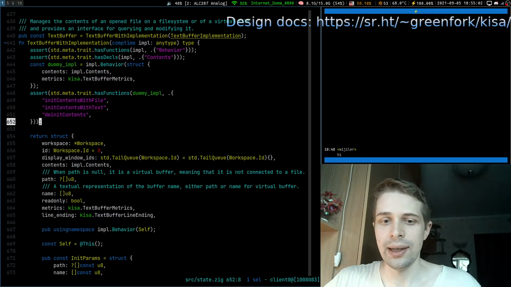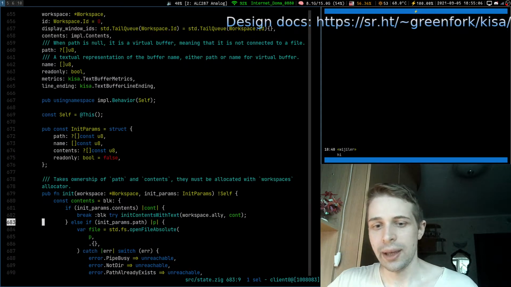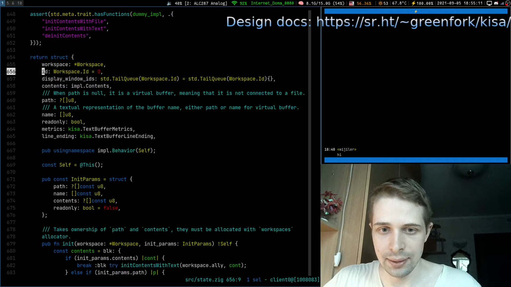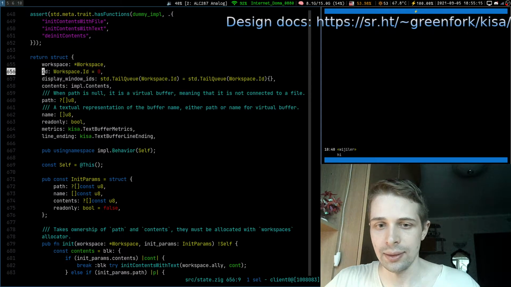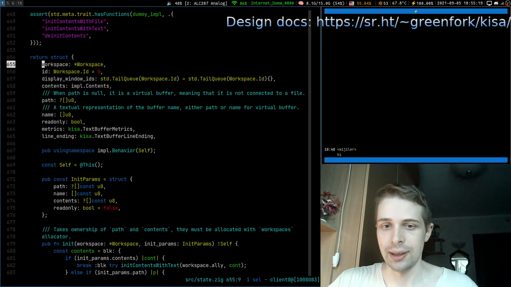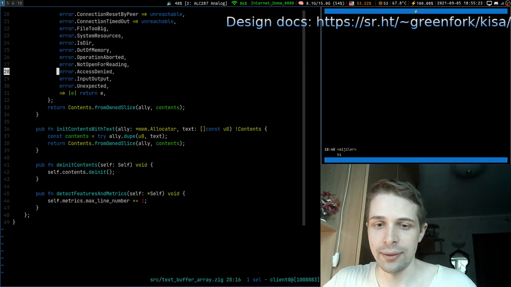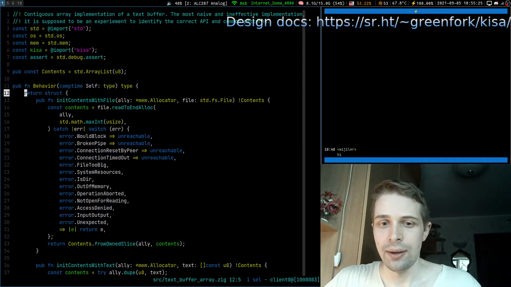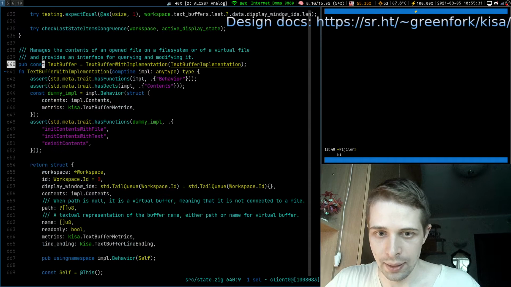So the idea is that all the behavior is about initialization and deinitialization, and also a container for all the state, like all the state things which are here. And the actual implementation behavior is going to be defined in this file. Right, so let me check that we have everything fine.